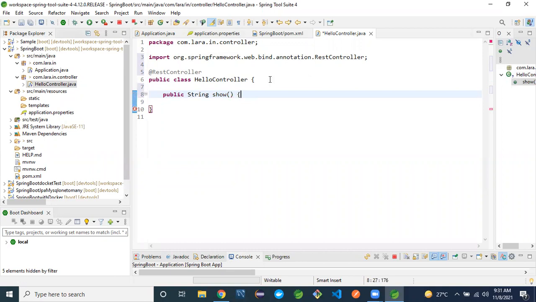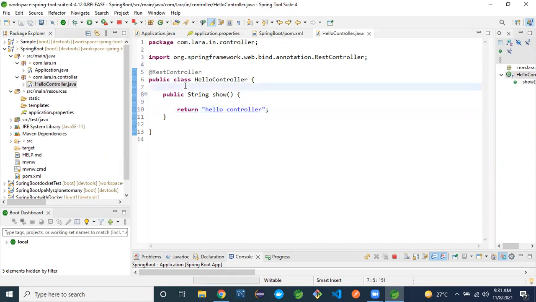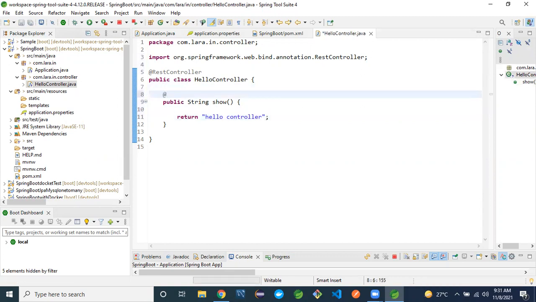I will create one method here with @GetMapping.